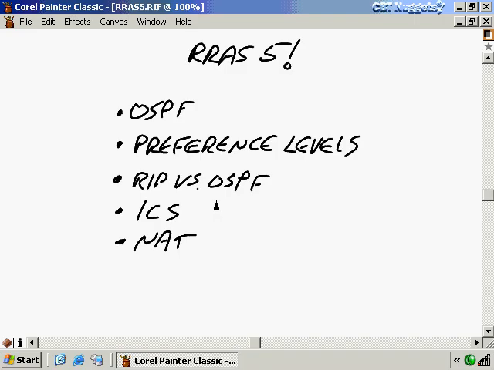Routing and Remote Access, Part 5. I don't think I've ever taught one topic so many times in sequence here. We're talking about routing and remote access, and this is Part 5, and it's the final part of routing and